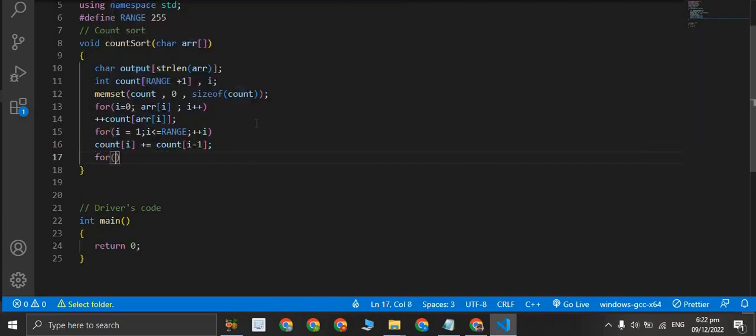Now our third for loop for build the output character array. I is equal to 0